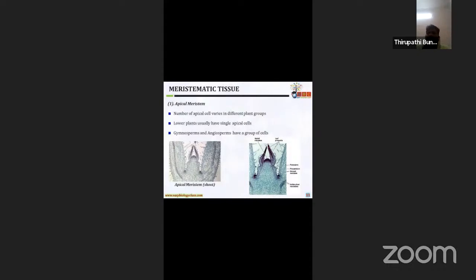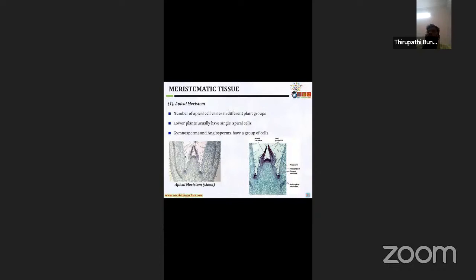Okay, example: vascular cambium, cork cambium. Cork cambium means phellogen, cork cambium. Okay, that is cork cambium. Vascular cambium is a good example of lateral meristem. Okay, lateral meristem